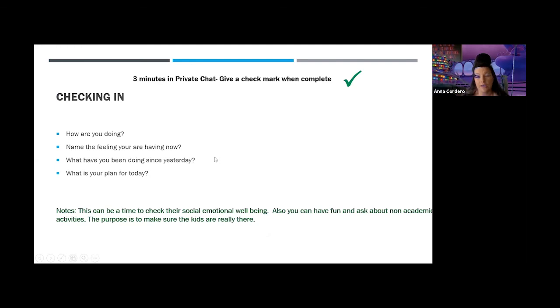Okay, so checking in. We're in this critical time that, regardless of the platform you've been a part of, we need to make sure we're doing a serious check-in, because we want to know the well-being of our students. Your districts are giving you different directives on when or how you're seeing your students. Some of you are using platforms like this where you can have them turn their cameras on. Others are doing it other ways. Whatever way you're working is fine, but our kids are great at communicating with us. How are you doing? Name the feeling you have now.